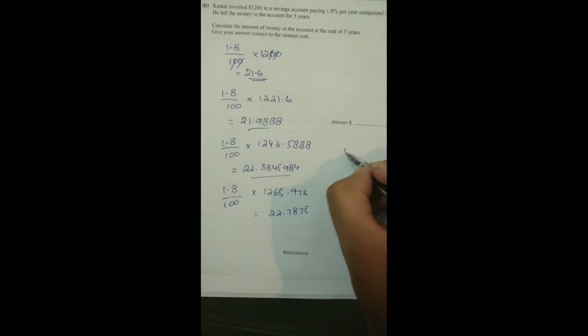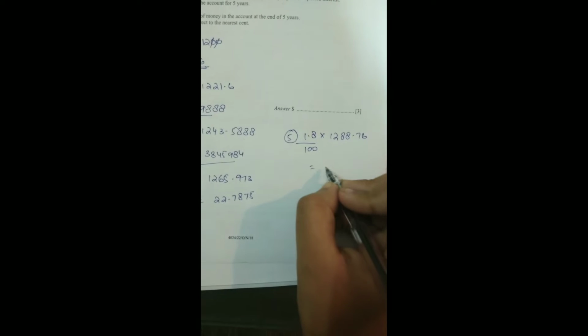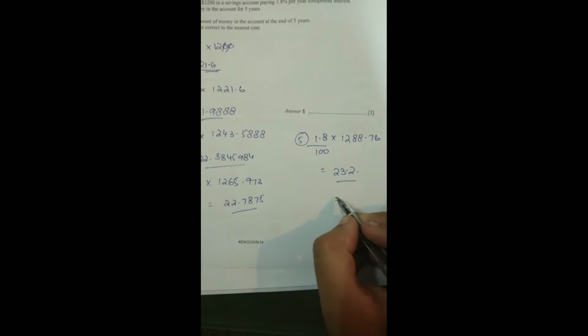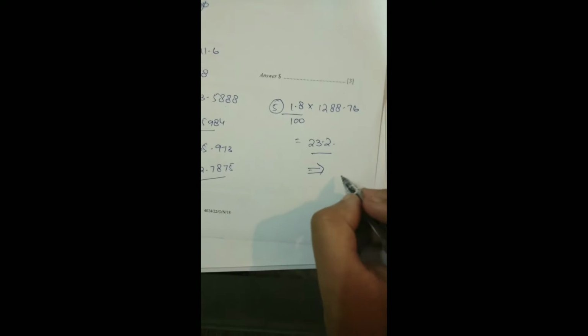And then the fifth one, that would be 1.8 over 100 into 1288.76, that would be 23.2, and by adding these two we will get the answer,